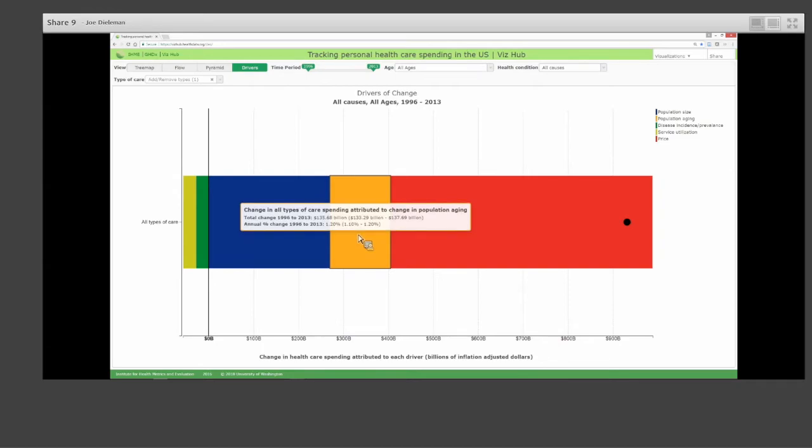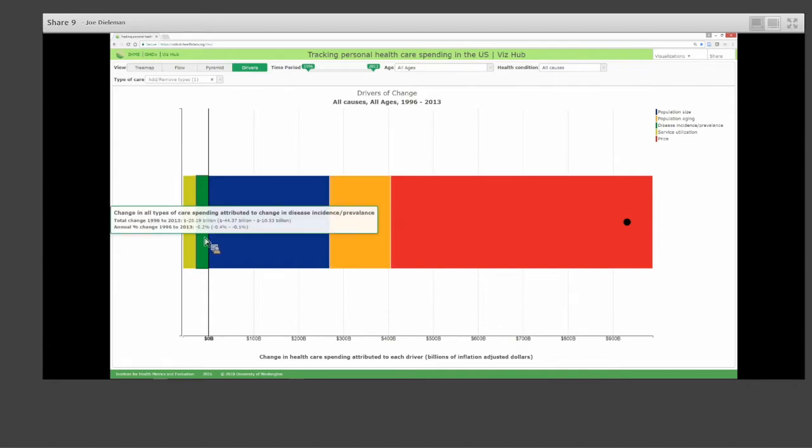Now, if we go over here, we see that there are actually some of the factors that led to a decrease in spending. And so the first of those is actually the incidence or prevalence. And this is kind of interesting. It surprises people at first, but really it revolves around cardiovascular diseases. And between 1996 and 2013 in particular, we've done a very good job, a better job of reducing the incidence and prevalence of many of the major cardiovascular diseases, and in particular ischemic heart disease and stroke. And so because of those major gains in reducing incidence and prevalence of those diseases, we actually spend less on